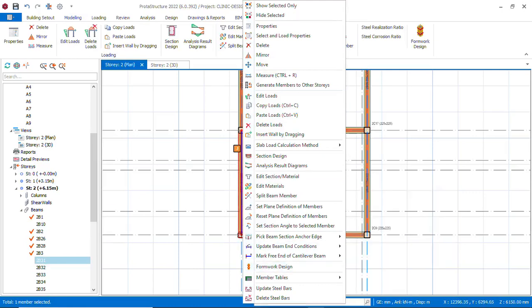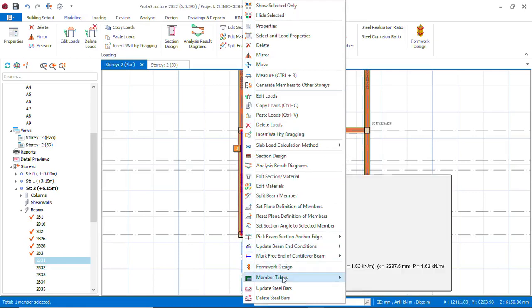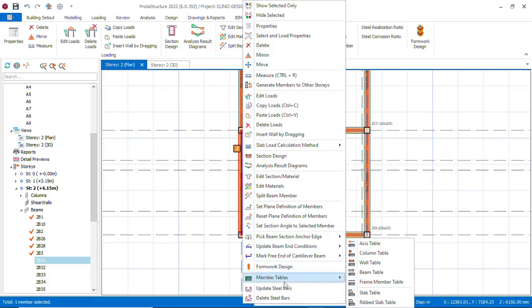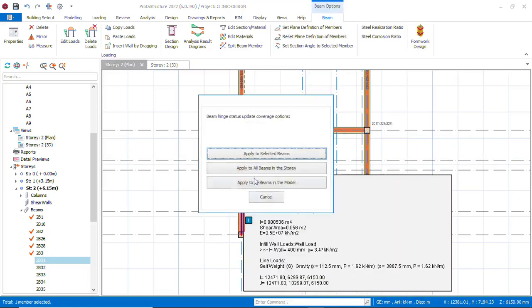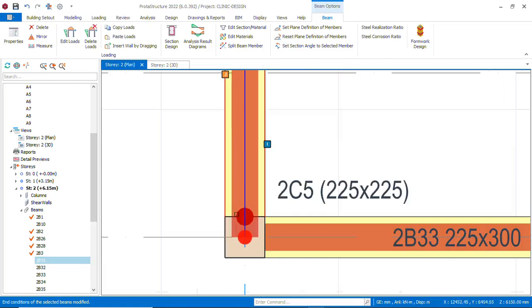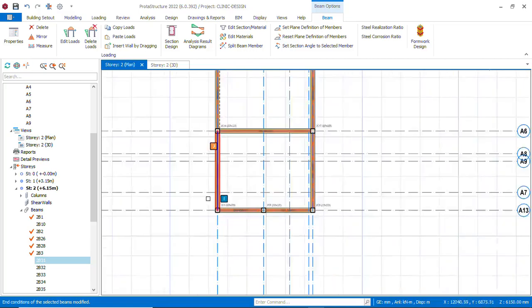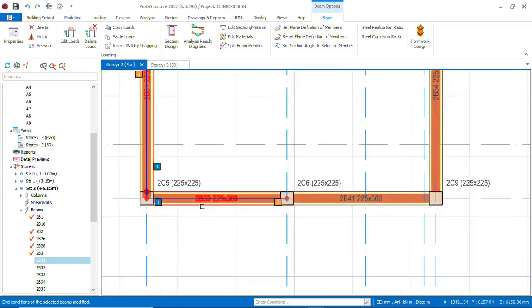Here you hinge it at this point, and here is the I end. Update beam condition, I end. Selected beam. See, whenever you see this dot, you know that it has taken effect. So I can select this,